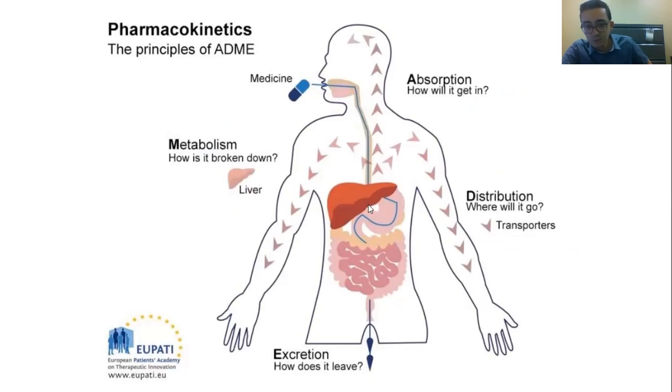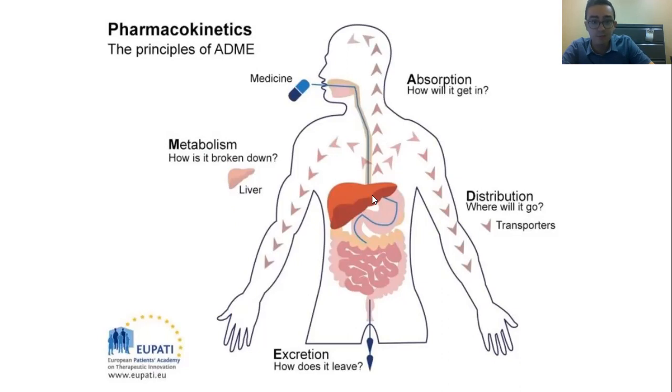next we have our distribution. Usually it goes down into the stomach, the gut, and then it gets filtered through the liver. That's where the majority of our absorption takes place for many, many drugs. So now the liver and the blood that gets flowing through the liver with this drug in it, it gets carried throughout the body and into various tissues via transporters or what have you. So that's how we get to distribution. It's where will this drug go? So you can see these little arrows distributing the drug all through the body, through the tissues, going to wherever